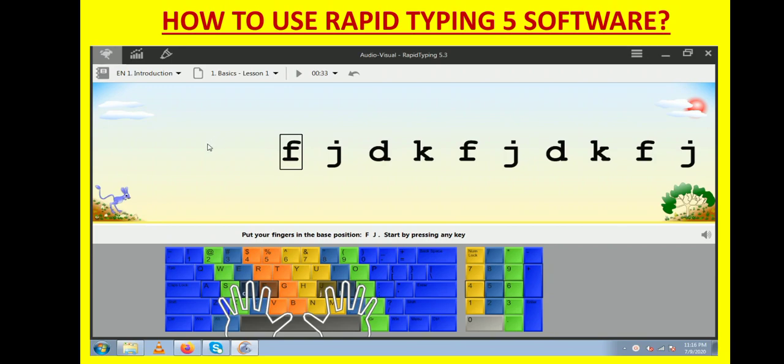Now as you can see in the window, some letters will appear on the screen. Now Rapid Typing lessons are organized in different categories like Introduction, Beginner, Experienced, Advanced and Testing.